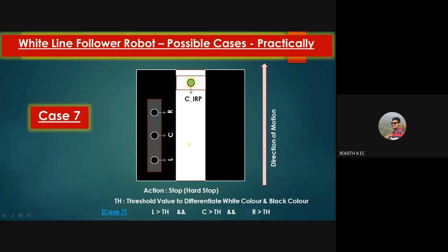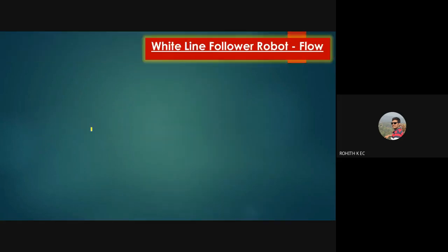Is this clear? I hope it is clear on how to capture the values. Okay, so all these cases will be considered in our main program. I hope it is clear to everyone. If you have any doubts in any of the cases that we have discussed so far, you can comment in the chat box. Is there any doubt in any of the cases that I've discussed so far? Yes, Brunda has given the answer. Kiran, okay, for case 7. Okay, so let me proceed.